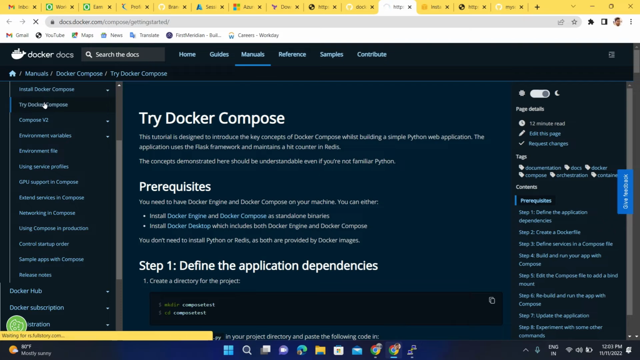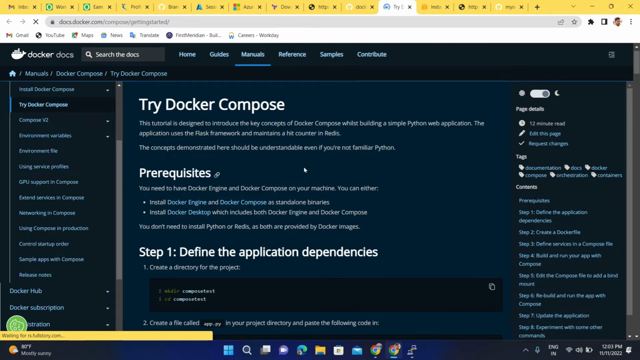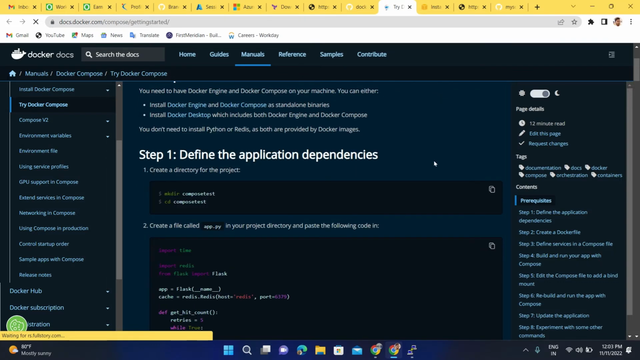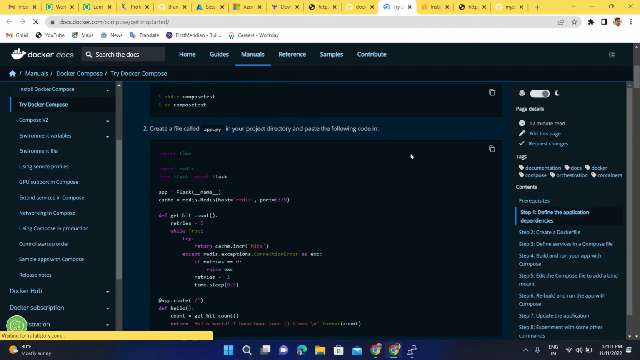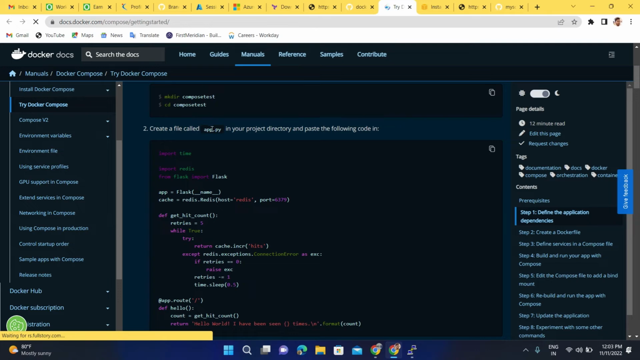Try Docker Compose, click on this one. Yeah, you can simply create one using the mkdir command, composetest, and change directory to composetest. After that, create one file, app.py, using vim app.py,